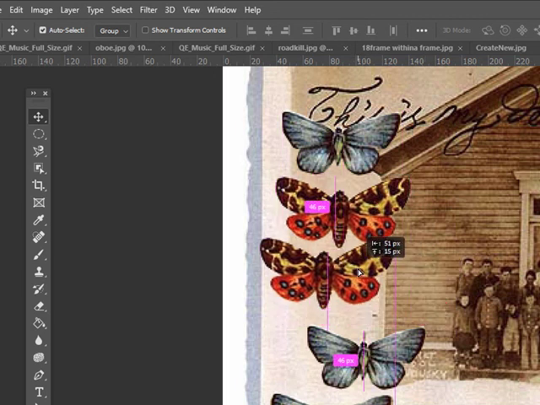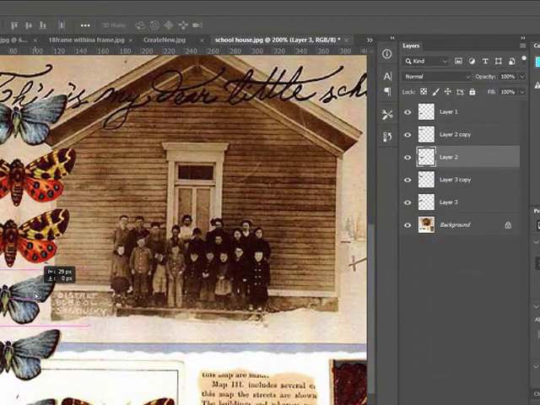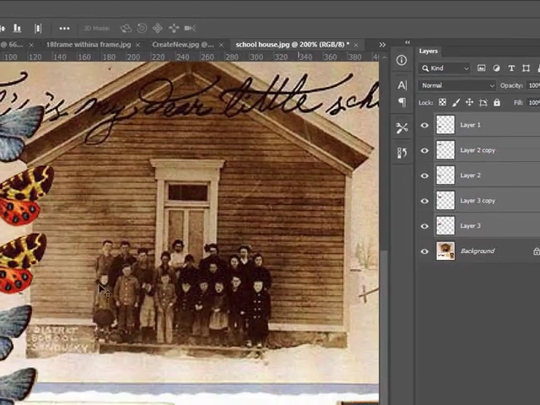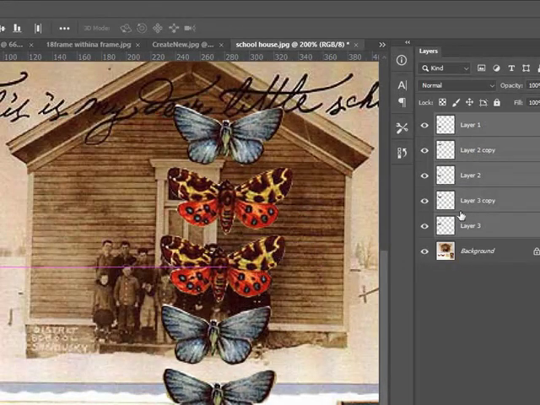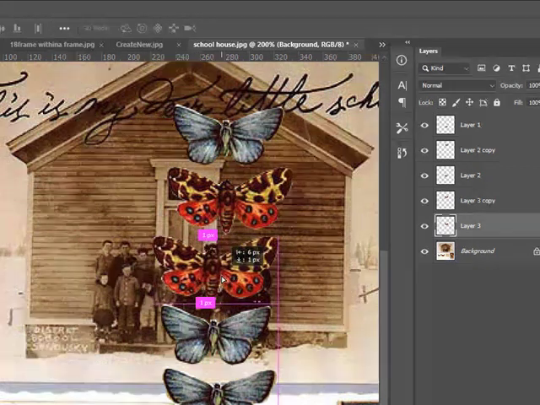All right, now I'm going to kind of align these guys again. So what if I don't want to have to move them all individually? Well, a couple of things I could do. I could, in my layers panel, click on the top layer and go down to the bottom and hold the shift key down. And now they're all temporarily selected, and now I could drag them all around. If I know that I always want to keep it like that, and it's not just a temporary thing, because as soon as I click on my background, they're now individual layers again,